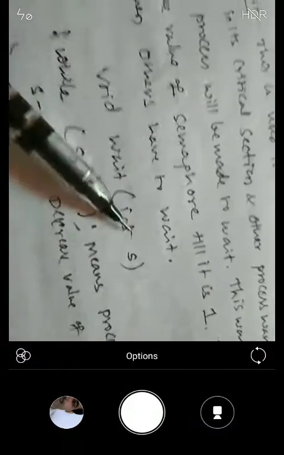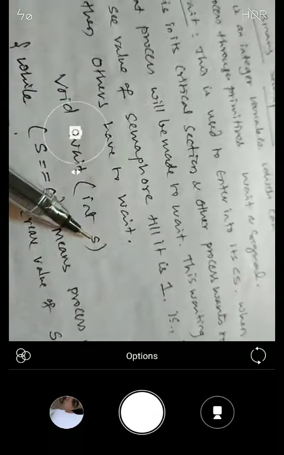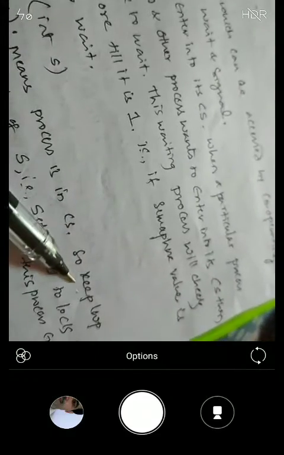So what is the code for wait? See here: integer s, while s is equal to 0. What is the meaning of s equal to 0? It means that a process is in the critical section. So while s is equal to 0, semicolon. The semicolon means an empty infinite loop. Why an infinite loop? Because as long as the semaphore variable is held by some other process, indicating that that process is in its critical section, the current process should wait.